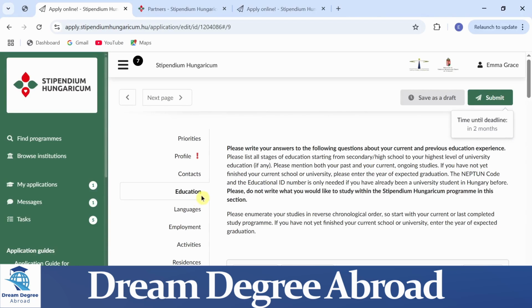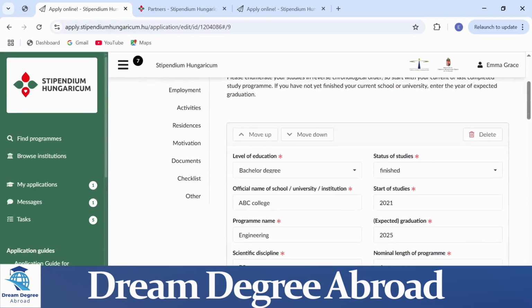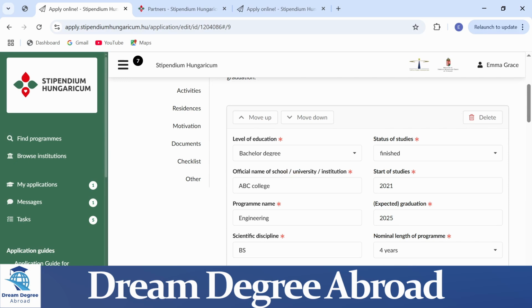So the next section is the education section, where you fill in your current and previous education experience. So you are expected to arrange your studies chronologically backward, starting with your current or last completed study program. So select your level of education, institution name, enter program name, and scientific discipline. Next, status of studies, either it is valid, suspended, or finished. Enter start of studies, expected graduation date,